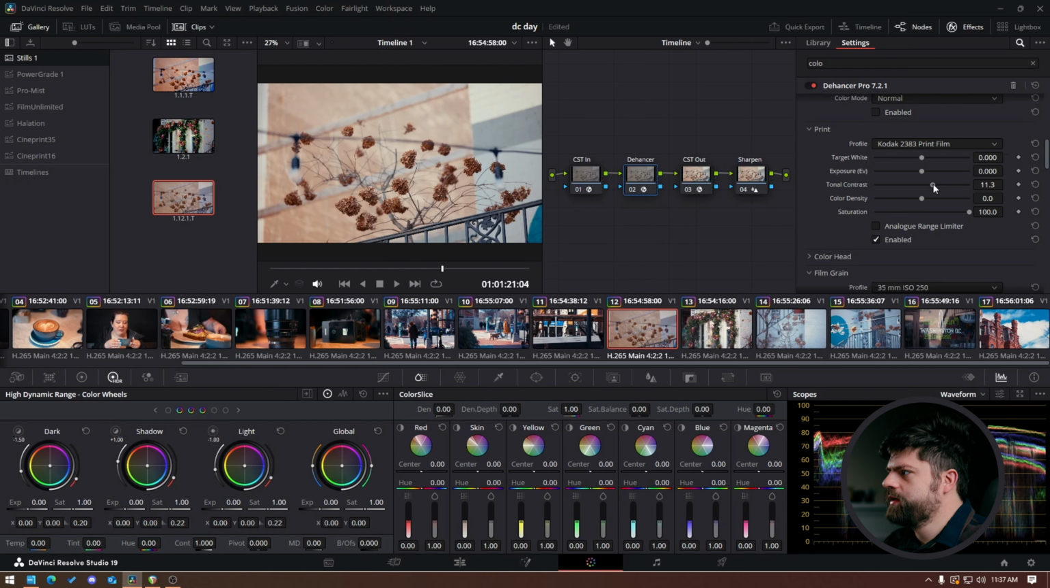As you can see, that makes pretty enormous difference already. And we're also going to ramp up the color density just to give it more of a filmic subtractive saturation to our colors. And also turn on analog range limiter, which essentially compresses the contrast range a little bit, lifts up the blacks and compresses the highlight roll off. I go back and forth on this. Sometimes it cuts the contrast a little more than I would like, but I think what I will do is